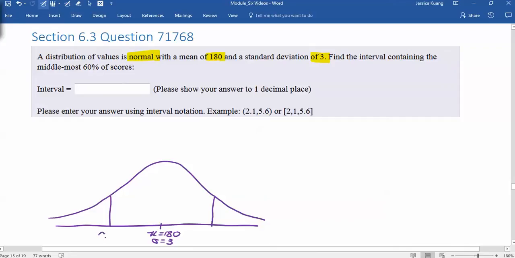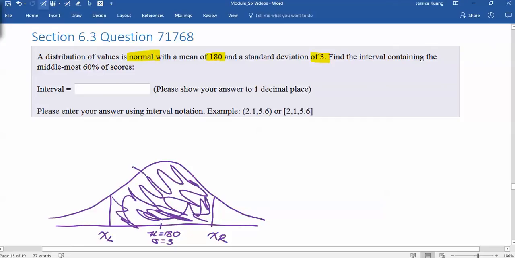So this is the left boundary of my interval, and this is the right boundary of my interval. And to translate this question, it says that